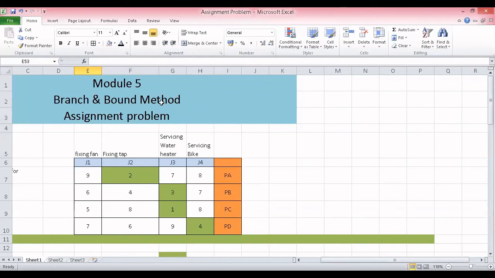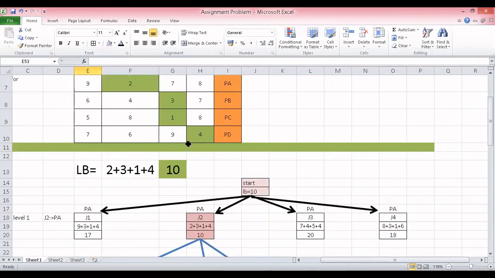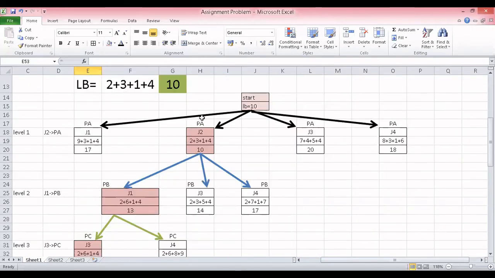This is the first problem we have considered in the branch and bound method. In the previous classes, we were talking about backtracking. Backtracking follows depth first search. It will start here, go to person A, then keep exploring below person A, depth first, and then we go back. So it is called backtracking.